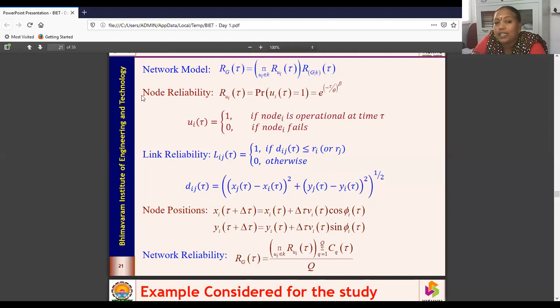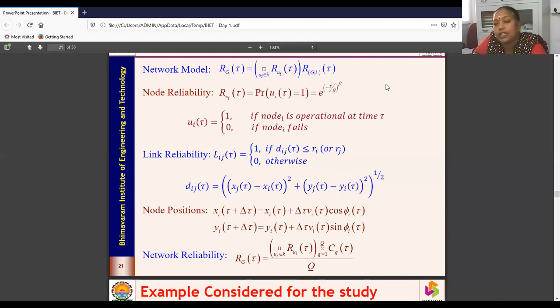So we are considering the node reliability, the success rate or the node status of the reliability, defined as RUI of tau. The probability that UI of tau is equal to 1 is defined by the exponential, that is e to the power of minus tau by theta to the power of beta. And tau is a particular instant of time, from 0 to the number of hours which you define.